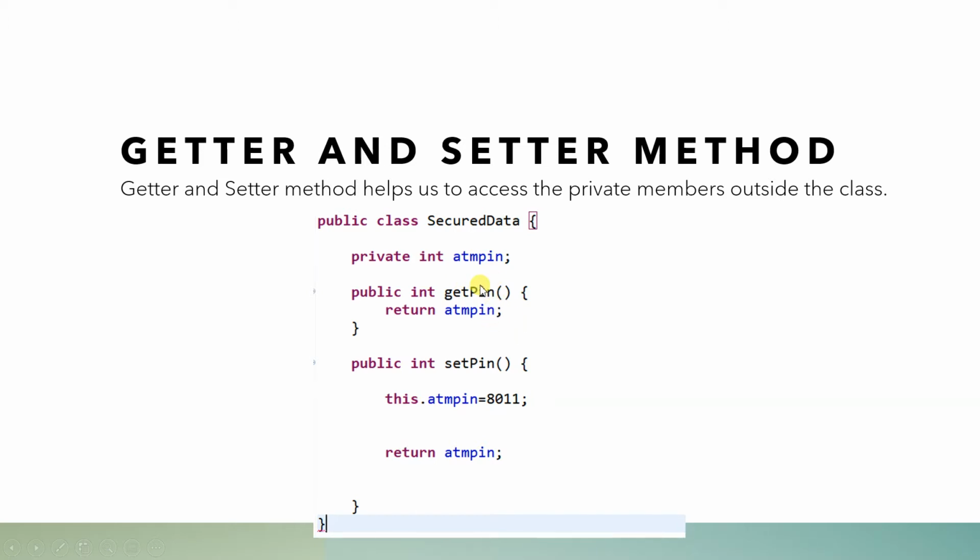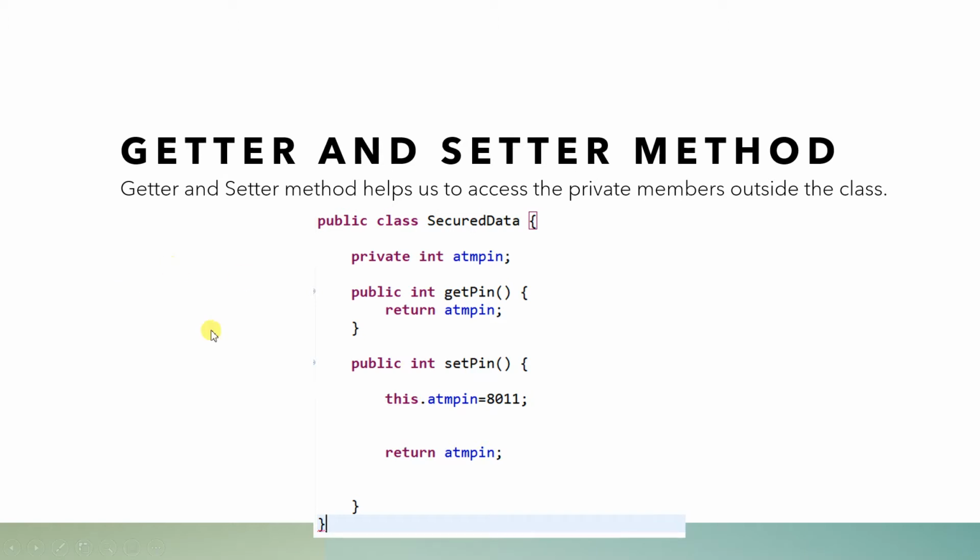So what we did here, public integer getPin, is the getter method for the pin number. Public is the access specifier, integer is the return type. As it is a return type method, we must specify return atmPin. It should return some variable, so we are returning atmPin. Somewhere we need to set the ATM pin also. Unless we set the data, the get method will not fetch the data.